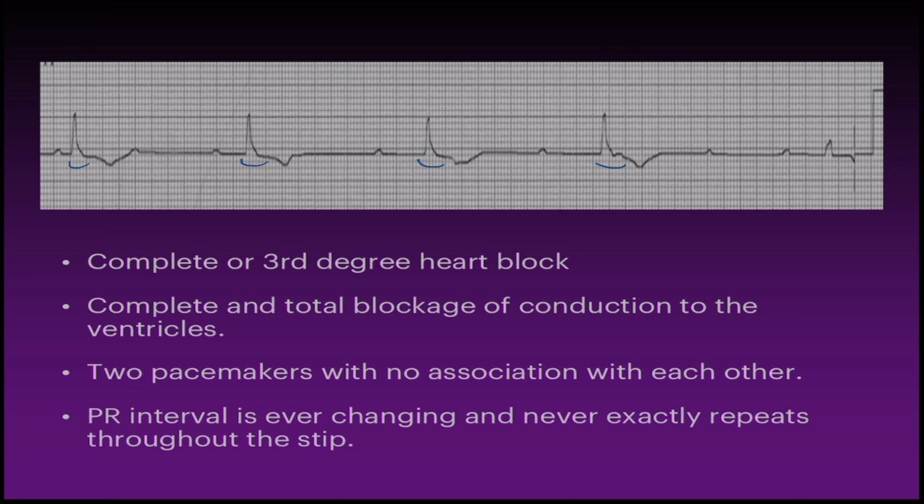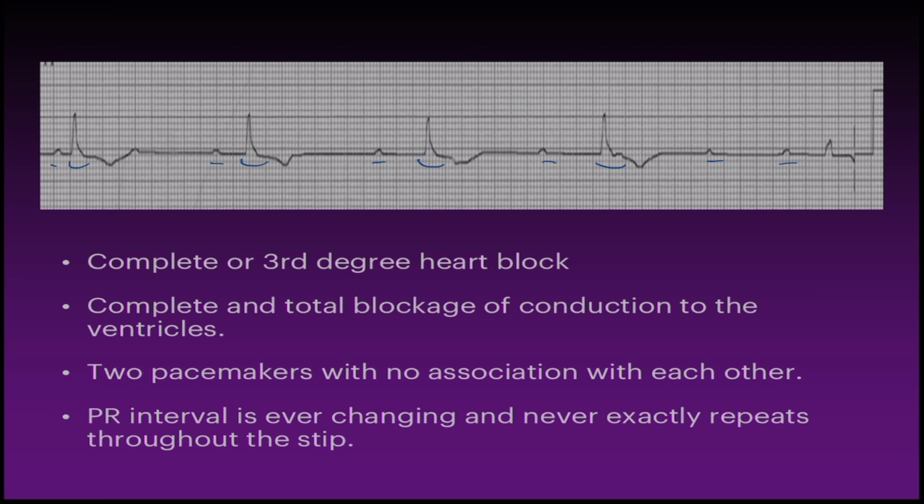So if we look at the EKG above here, we can see that it's slow, it's bradycardic. Our R-R intervals look fairly regular. Do I see P waves? Yes, I see P waves. Are they similar in morphology? Yeah, those are pretty close in morphology. So I could estimate that they're likely coming from the same area within the atria. Now I'm at PR interval. Well, I can measure a couple PR intervals, but I don't really have any repeatable PR intervals here. I mean, you may be able to justify that it gets longer and then drops, but